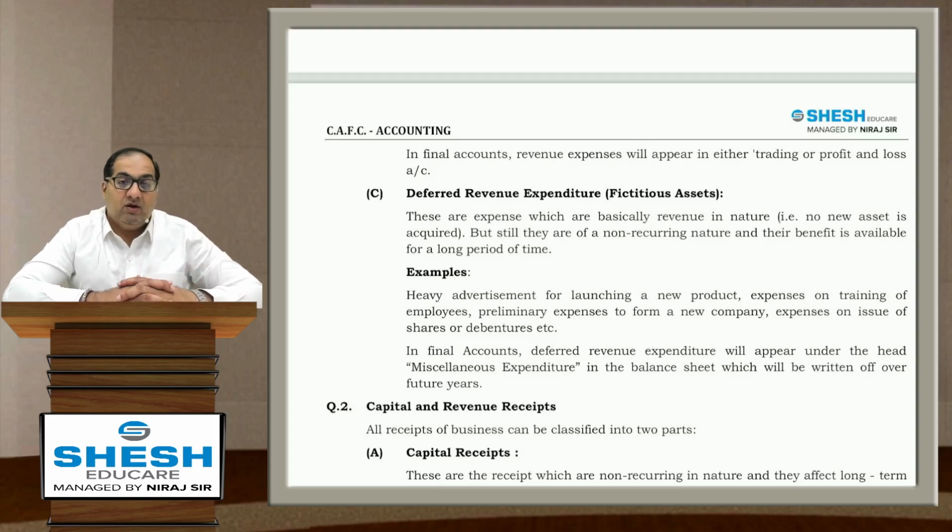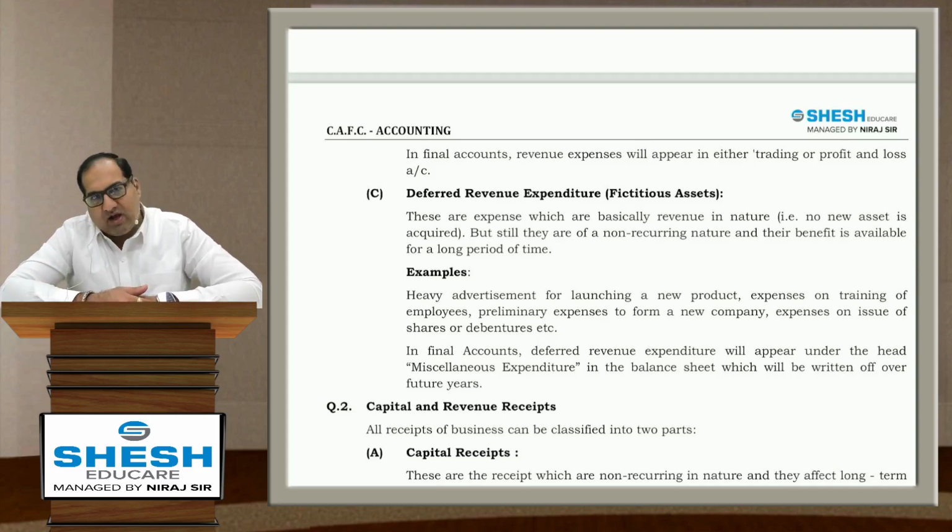अब जो तीसरा पार्ट है ना, डिफर्ड रेवेन्यू एक्सपेंडिचर नोन एज फिक्टिशियस एसेट्स, वो थोड़ा टेक्निकल है. टेक्निकल इन द सेंस आपको समझना पड़ेगा कि ये जो एक्सपेंसेस है, ये रेवेन्यू नहीं है, बट ये जो एक्सपेंसेस है वो कैपिटल भी नहीं है. सर क्या बोलना चाहता हूं मैं? यही बोलना चाहता हूं दैट दीज एक्सपेंसेस आर नॉट रेवेन्यू इन नेचर फॉर द सिंपल रीजन after incurring these expenses,